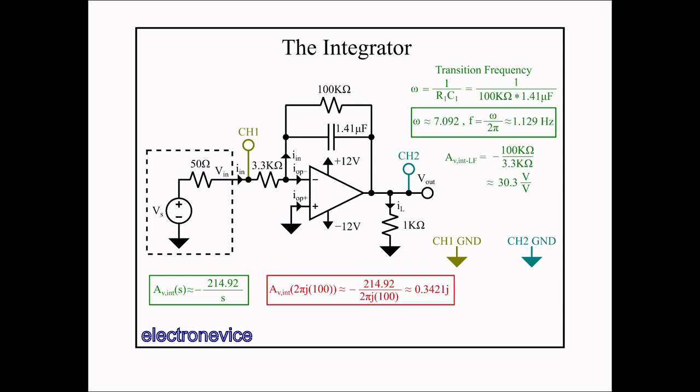Since this circuit has different gains at different frequencies, we'll derive the gain for a frequency of 100 Hz so we know the gain there. And then we'll move up and down in frequency to see the changes from that 100 Hz baseline. At 100 Hz, the gain is about 0.3421. The fact that the value is purely imaginary indicates that the phase is 90 degrees off from the input voltage